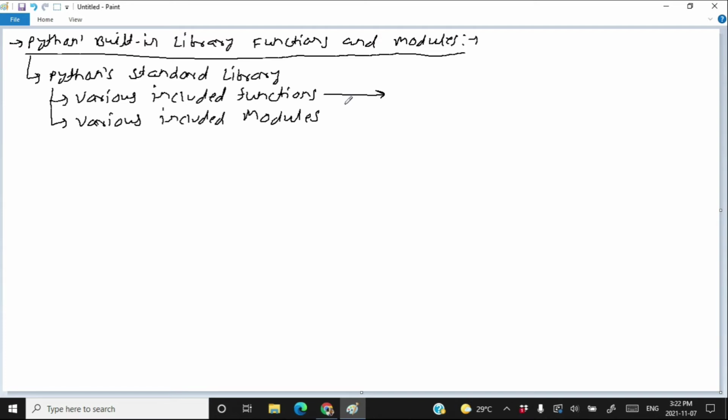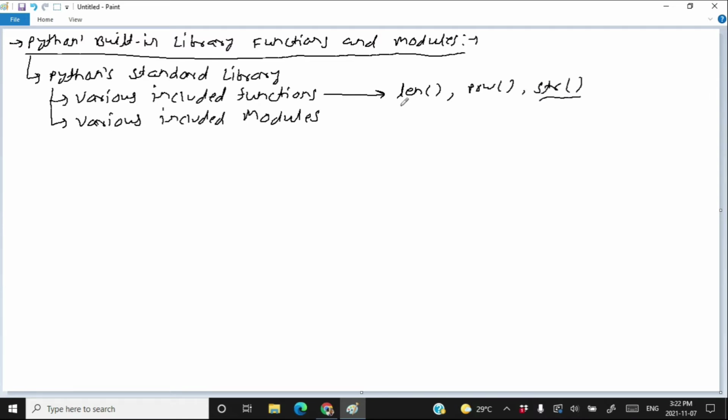Some examples of included functions are the len function. We already have used the len method on many occasions and we do not need to import anything in order to use it. Then the pow function to calculate the power of a given number. Then the str function in order to convert anything to a string.